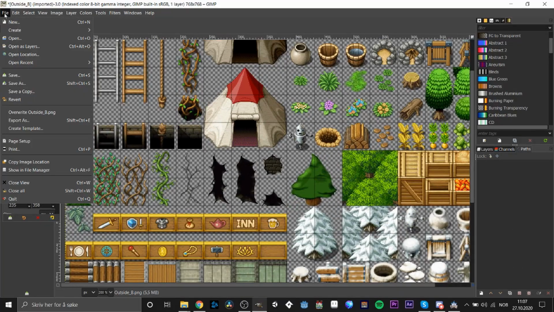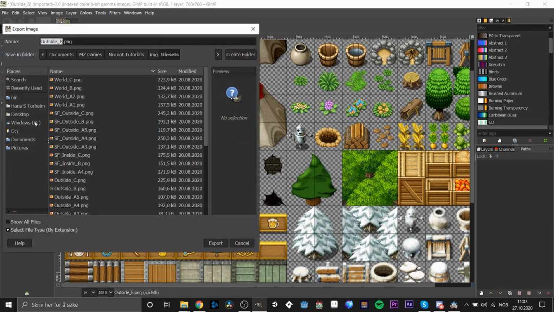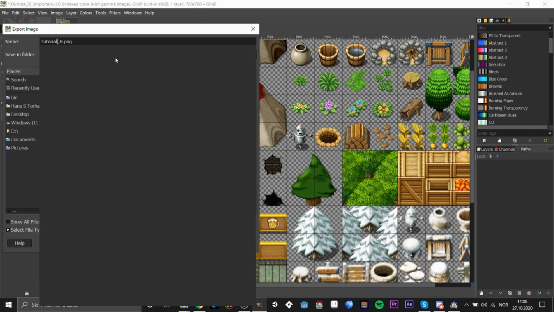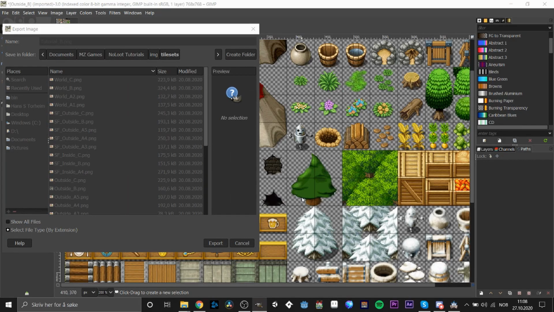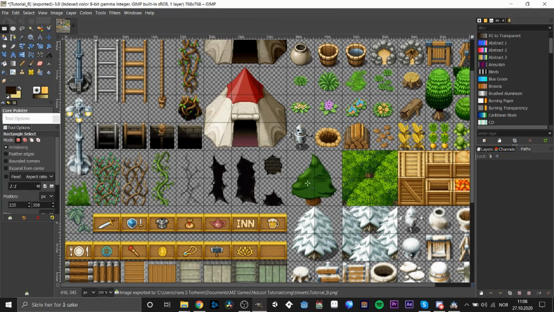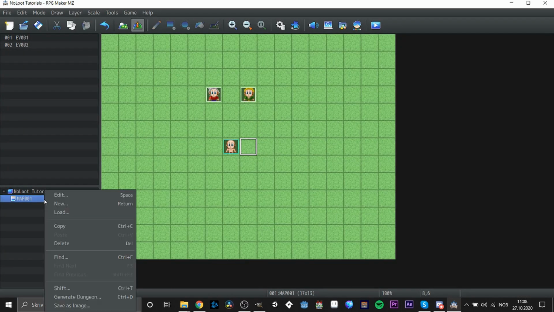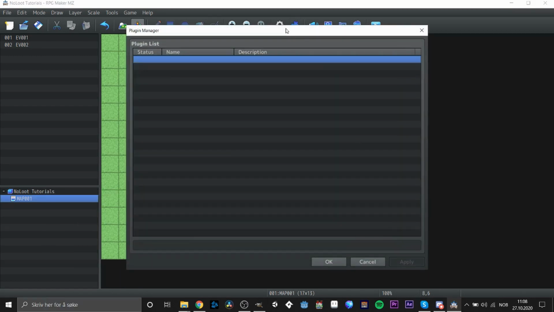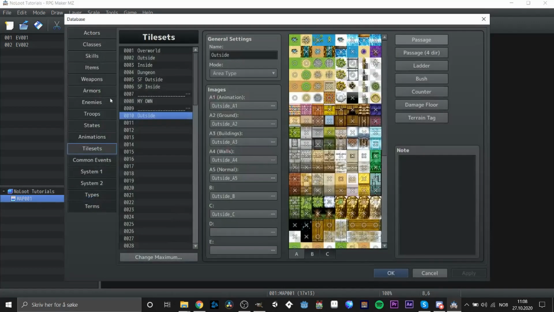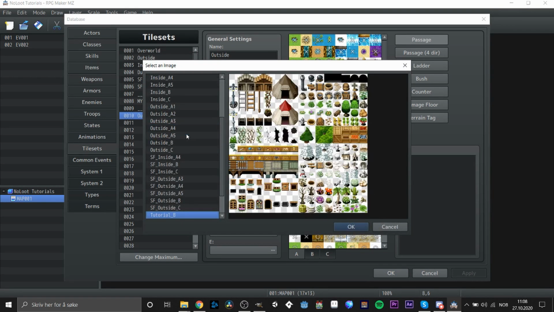Okay, now that the tree looks a bit better, it's important we export it. Remember to name all of your new tilesets something special that you can remember, and also so you don't overwrite any of the RTP if you want to use that for something later. And so then we need to go back into the game project in RPG Maker, change the old B image